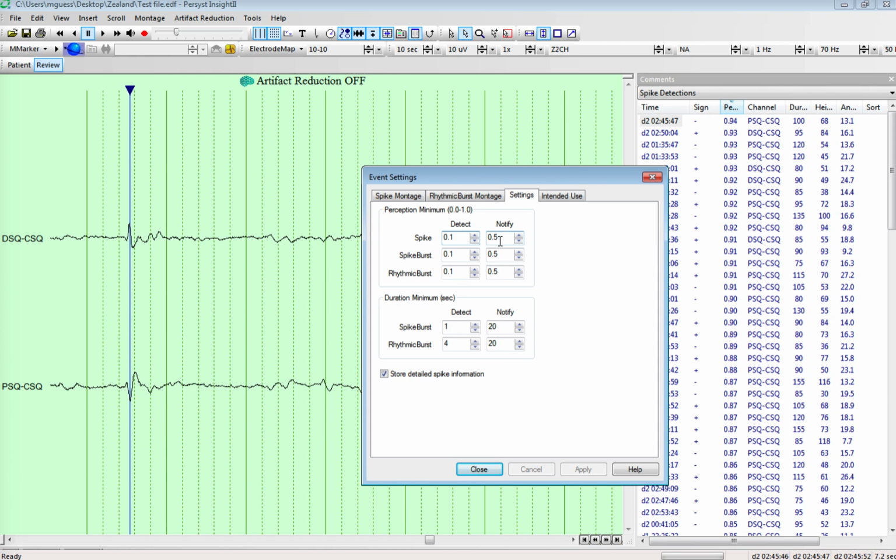Again, this is a probability. These numbers are lower than the defaults. I've lowered the notify settings to 0.5, so it's on a scale of 0 to 1. And the detection, I put at 0.1, the most sensitive. There's an auxiliary program that you can open to increase the sensitivity, which means lowering this threshold without rescanning. With this notification at 0.5, I think you're going to find a nice balance, at least on this individual recording,